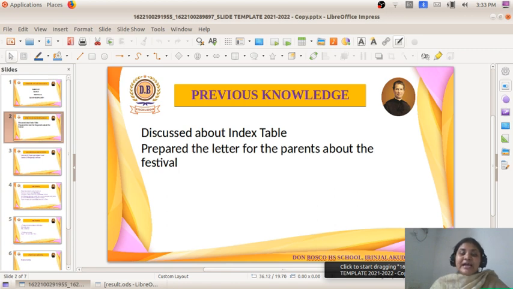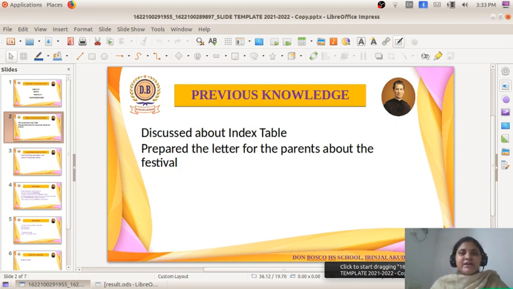We dragged the newly created styles under the default styles. We placed the main heading under the default style Heading 1 and the subheading under the default style Heading 2. And also we made the font size and everything in a proper way. So we got the index in the correct format. We got all the contents in the index.